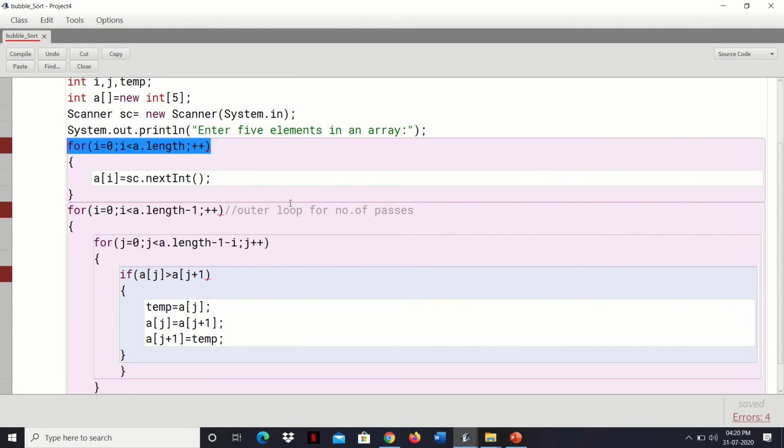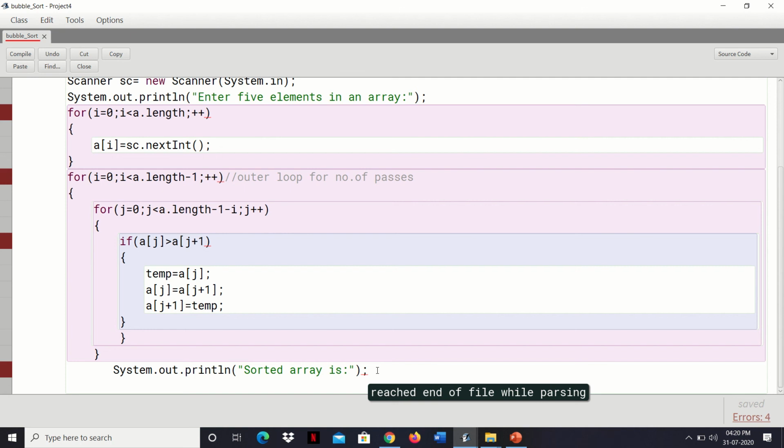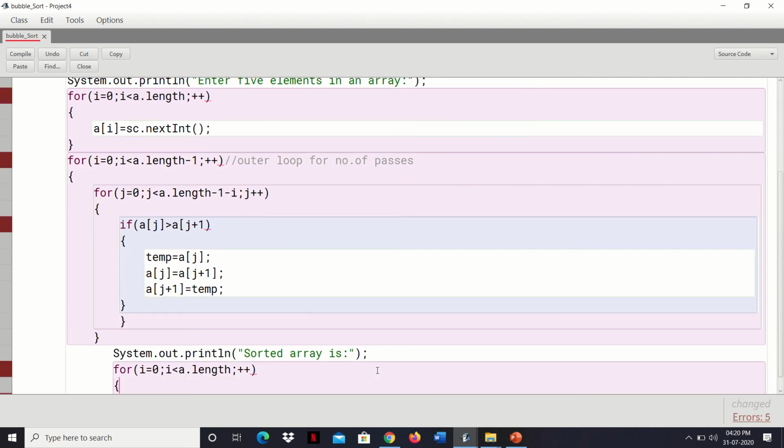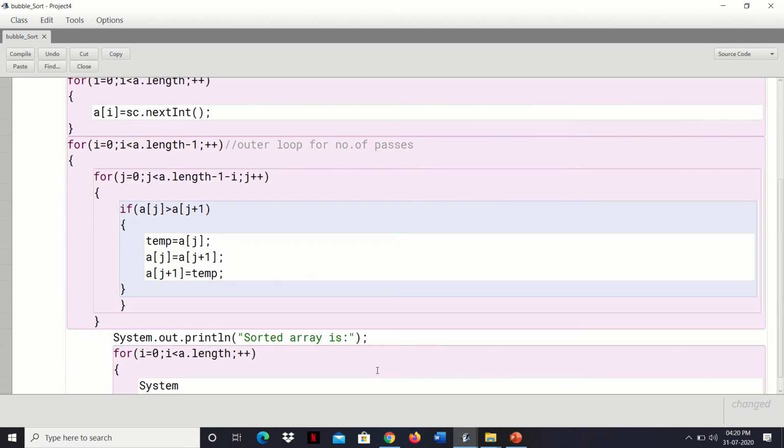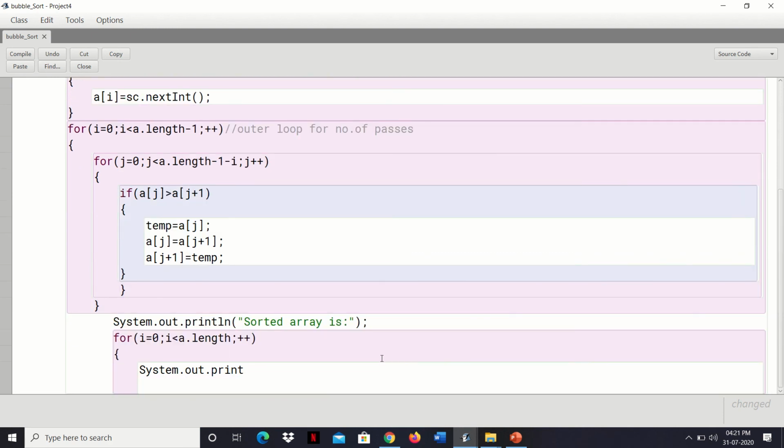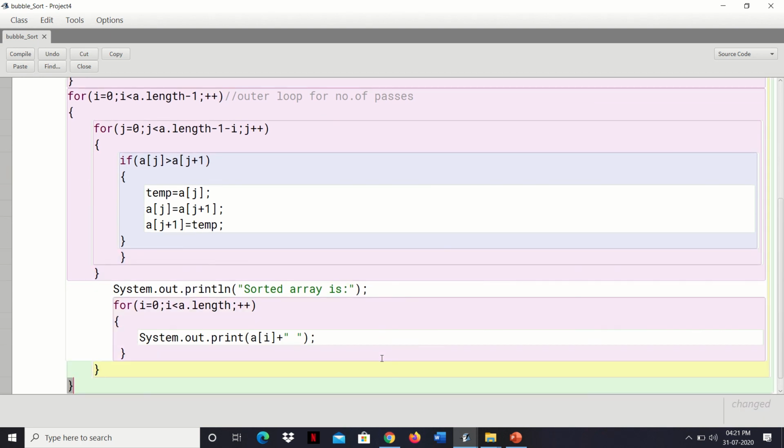Inside the loop body we'll print the array: System.out.print(a[i] + space), close this for loop, close the main method, close the class.